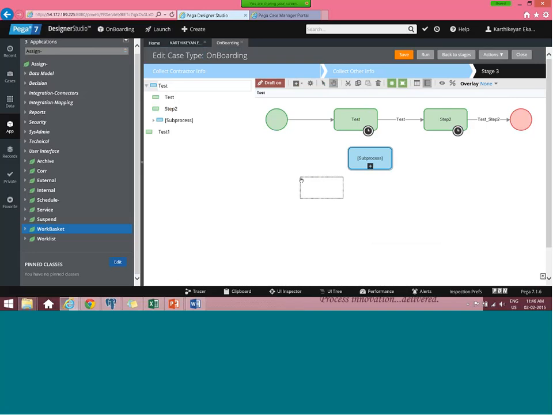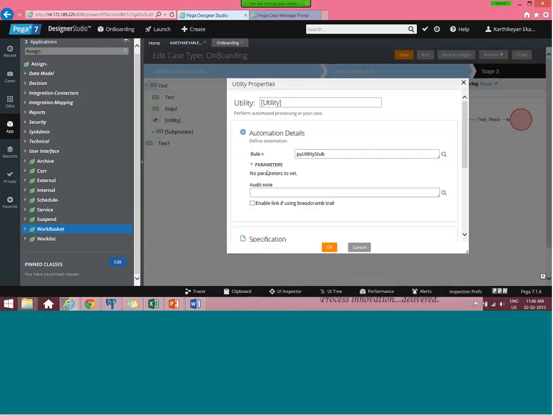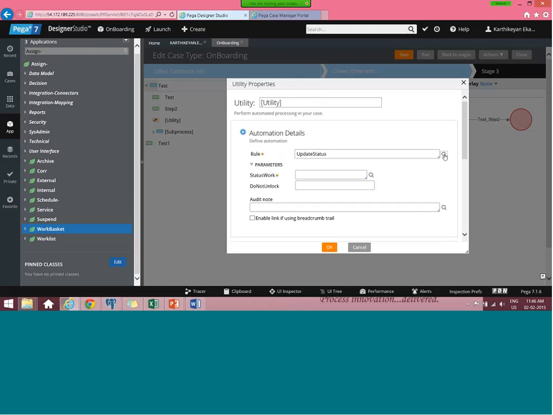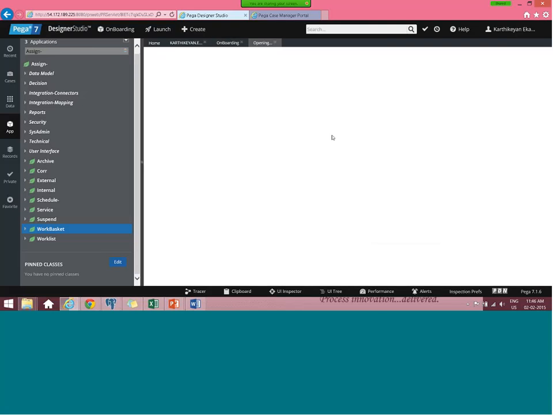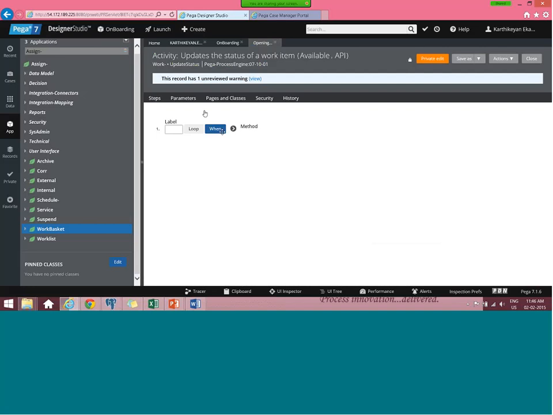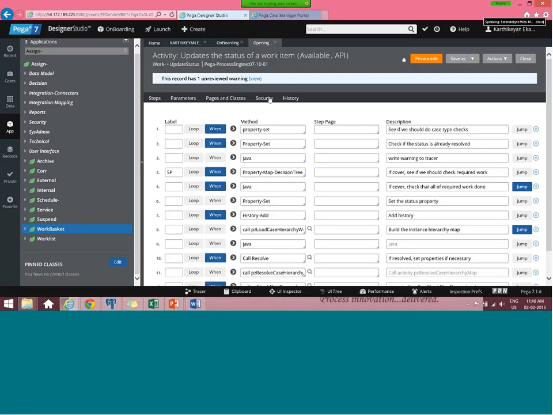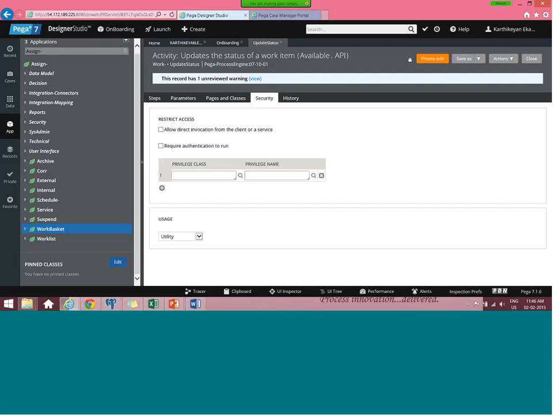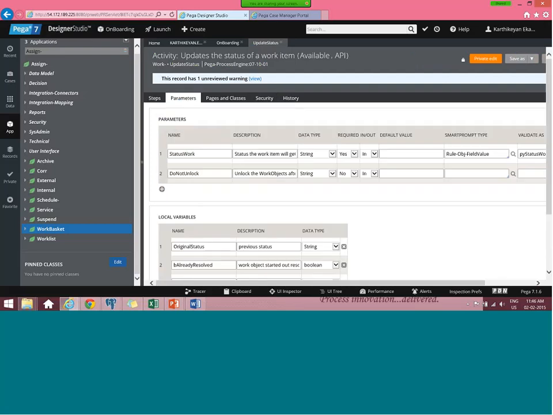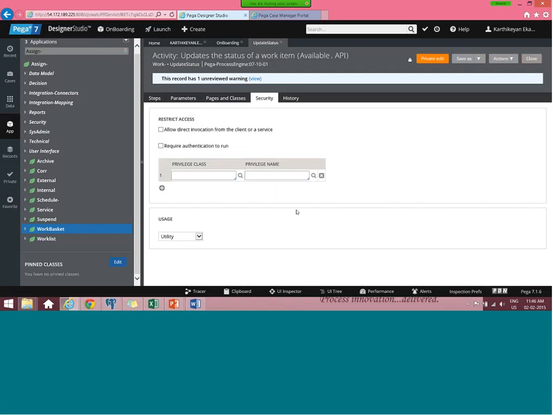And you all know about utility rule, right? Your activity type should be utility, and the rule you are calling here is mostly an activity. We have a common activity called update status, right? You all have seen it before.